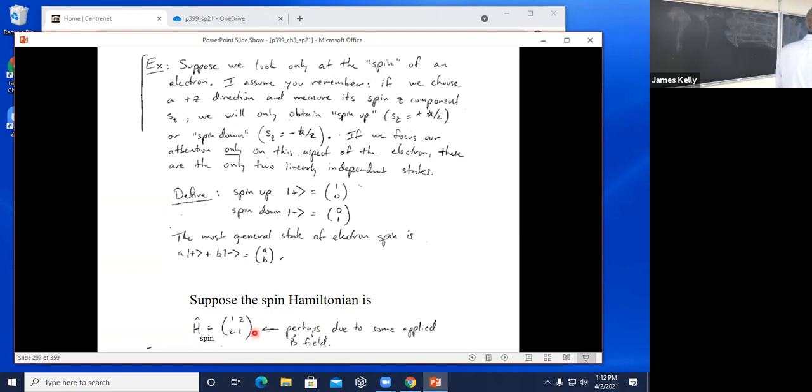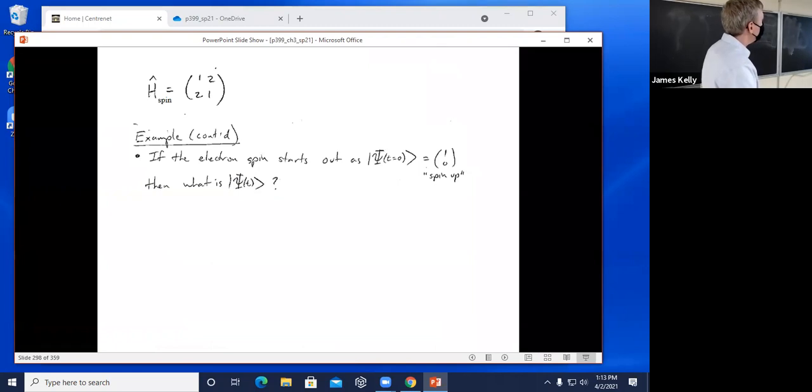And maybe that's due to some applied B field, right? You've decided on your Z direction, but then you applied it. If you put your B field along the Z direction, you would get a diagonal 2 by 2 matrix. But if you put it at some weird angle, then you're going to get off diagonal elements in that Hamiltonian as well. Okay, and the question is, if the electron starts out in a particular initial state, so I'm going